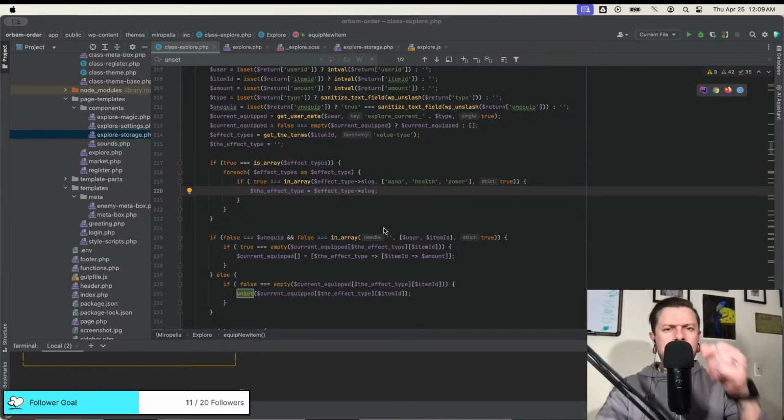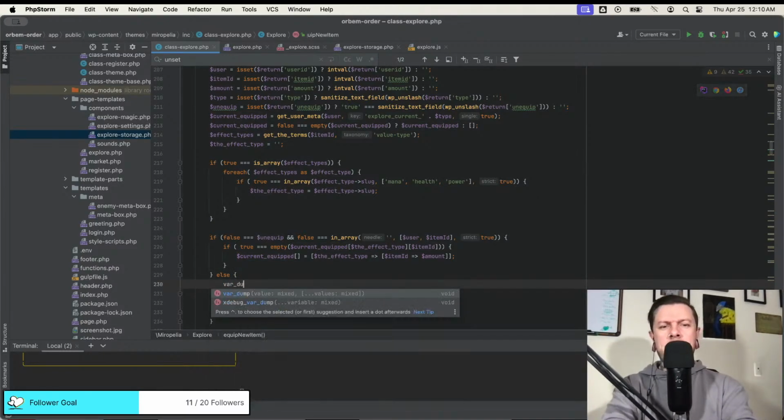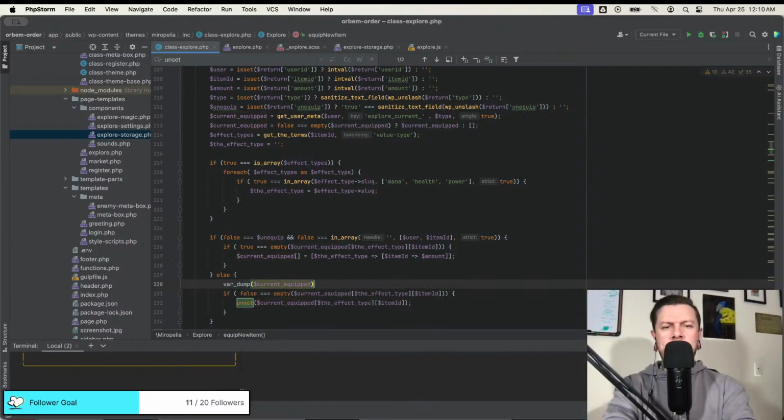Unequip, unequip, unequip, equip. So this is definitely correct. Yeah, so we just need to see. This is not empty. So what is this? That's what. Let's just var dump current equip and see what happens.